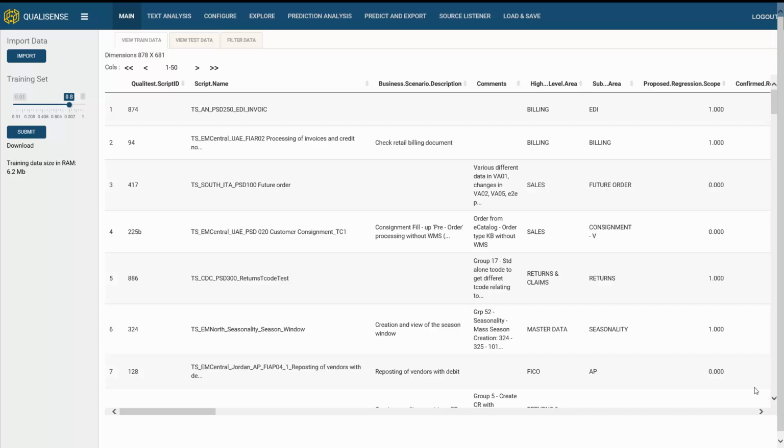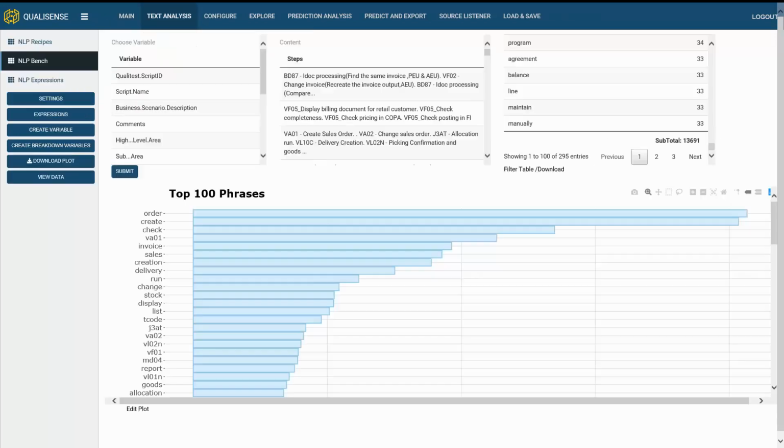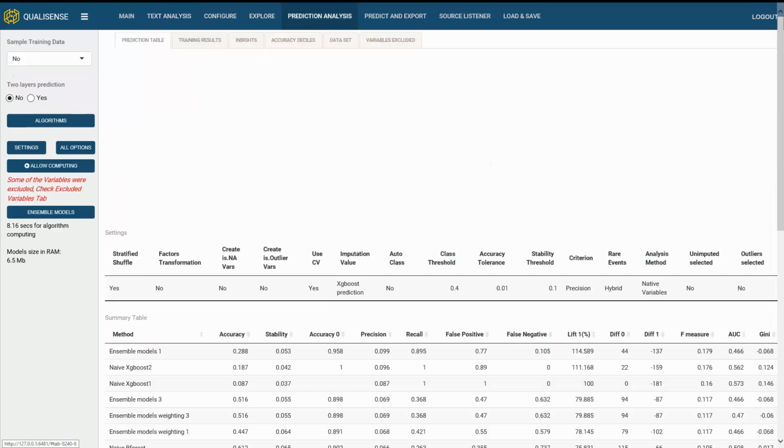And what ultimately happens is we use the same techniques you saw before. We'll make heavy use of things like text analysis to understand what is going on. In this case, rather than that recipe you saw before for duplicate detection, we're more interested in what the purpose of this test is, what the phrases are, what the key terms are that turn up. But where we're really going with this is we want to build predictive models.